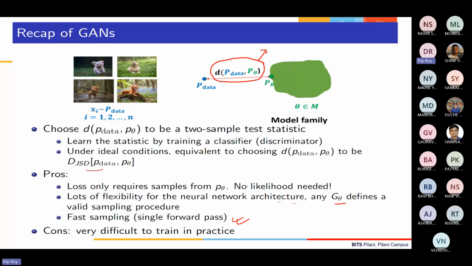All right. And the con is that it is very difficult to train in practice because, while theoretically it is fine that we are doing a min-max game, unlike MLE, where during the training you will soon realize that your maximum likelihood is not going up anymore, or it is going a little bit down, then you can stop to converge.